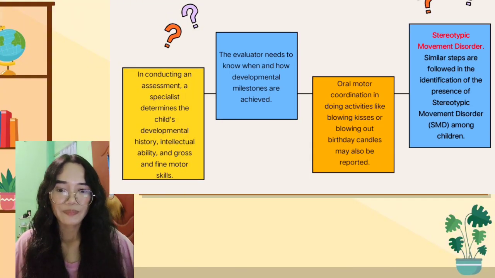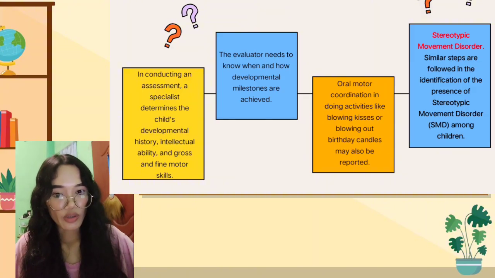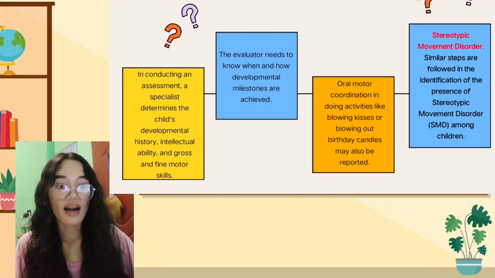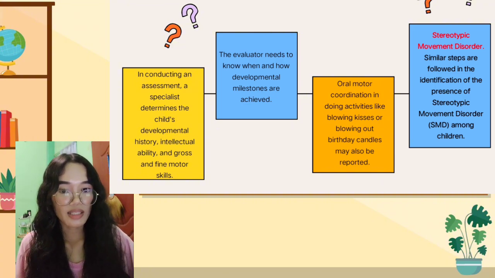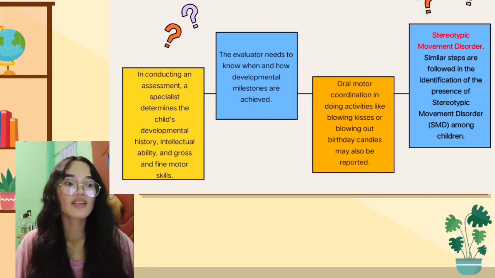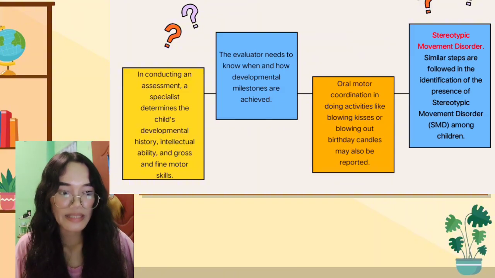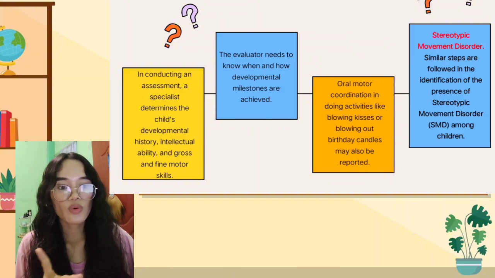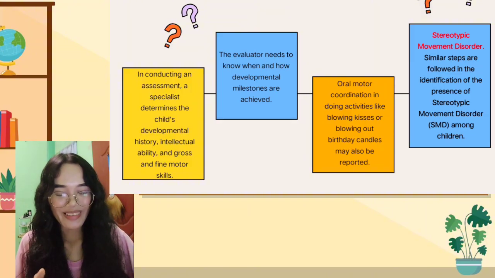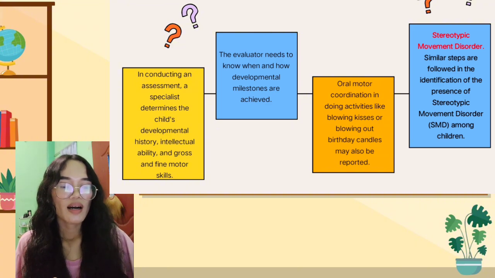So, meron tayong tinatawag na stereotypic movement disorder or SMD. So, itong stereotypic movement disorder is similar siya. Steps are followed in the identification of the presence of stereotypic movement kanina sa communication disorder. Typically, developing children may display stereotypic movements. May mga disorder yan or behaviors often referred as, ito yung tinatawag na stereotypies. So, between ages siya, mga 2 and 5, as well as children with other neurological condition, such as yung mga autism spectrum disorder and other developmental disability. So because of this,